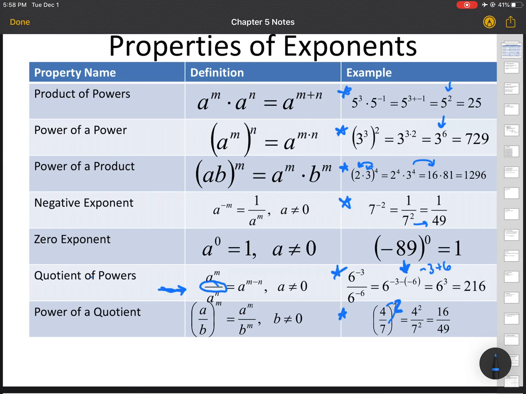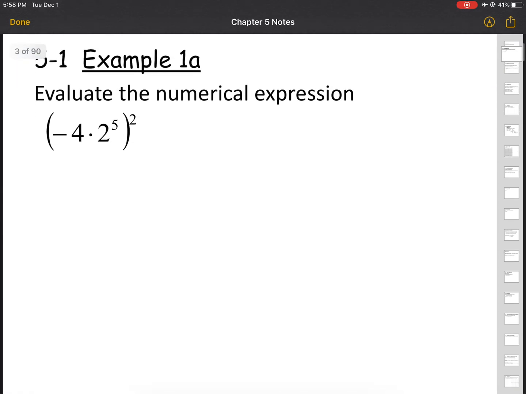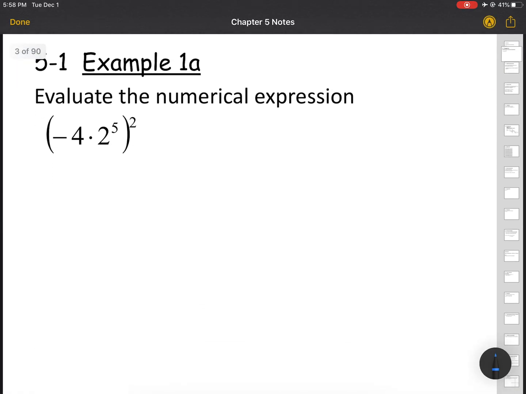Okay, so 16/49. So there's all of our properties for our exponents. So let's try to apply some of these. Okay, so in this one, I'm trying to evaluate -4 times 2 to the 5th power, which is all raised to the 2nd power. Okay, so to begin with, what I am going to do is distribute that outer exponent